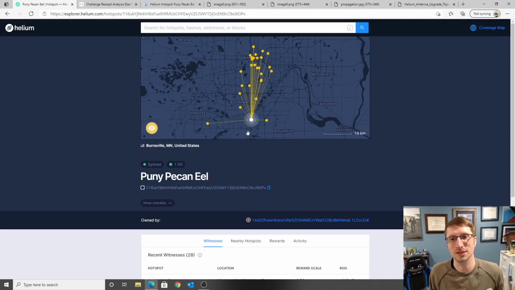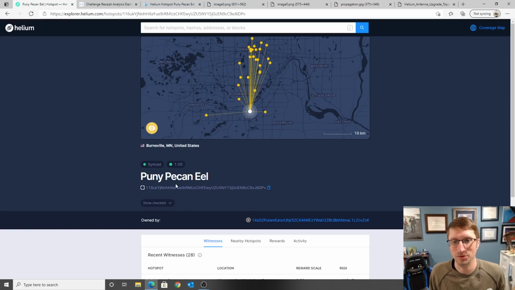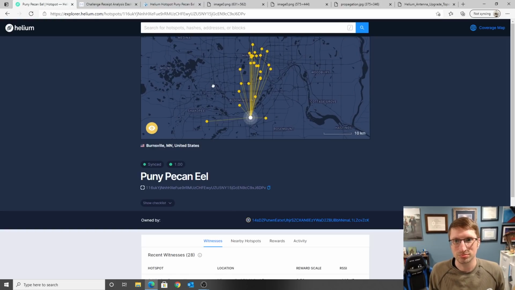So there's going to be line of sight problems in getting to communicate to hotspots south of the people's hotspot, Puny Pecan Eel. So interesting nonetheless. And let's think about when we're changing antennas. The host for Puny Pecan Eel has been experimenting with different antennas. Originally there was a rack 8 dBi and then a 10 dBi antenna, which we'll see in a minute of how that